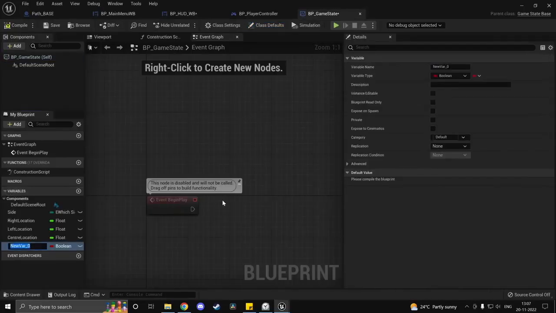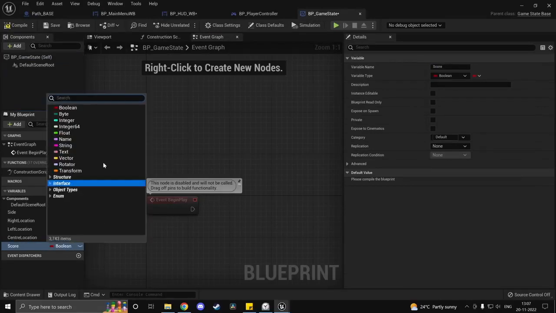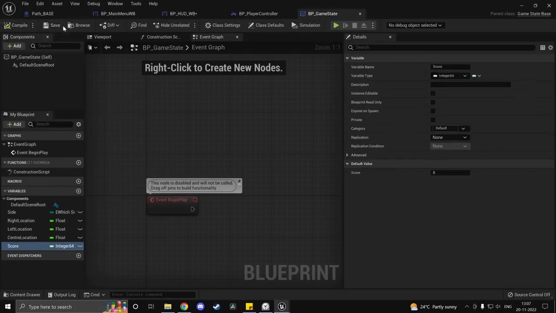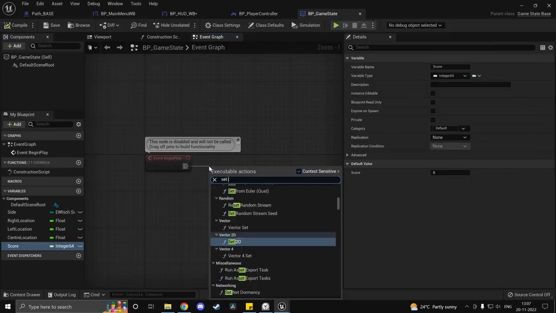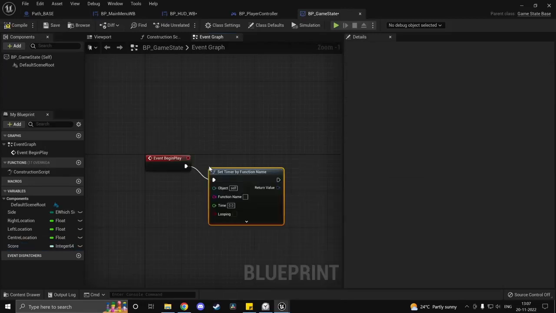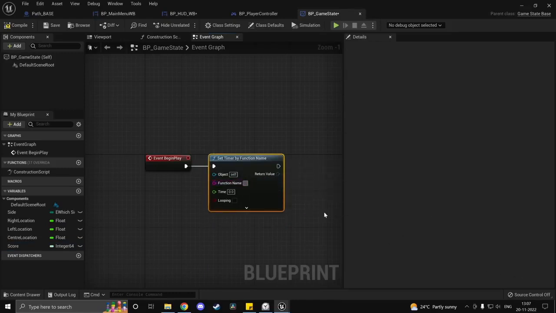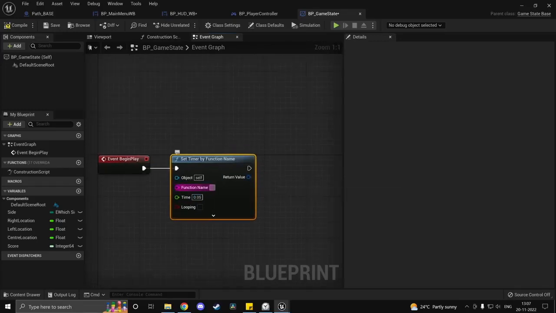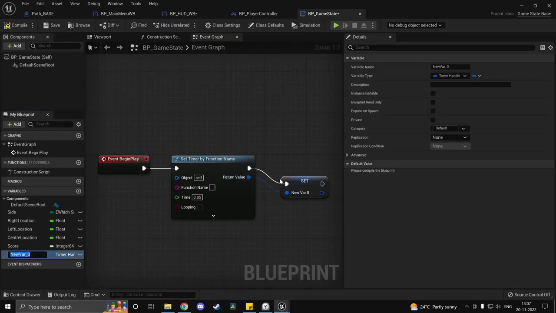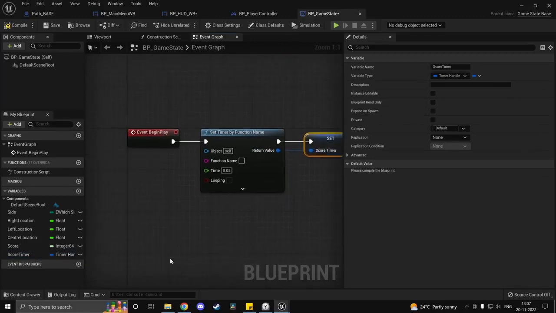So we'll make this an int 64 so that we can have larger scores. So int is a 64, and we can have a timer. So set timer by function name, and it's going to be something which happens every 0.5 seconds, let's say, and we are going to increment the score. So promote to variable score timer,